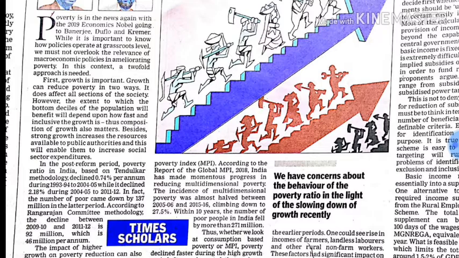In fact, the number of poor came down by 137 million in the latter period. According to Rangarajan Committee methodology, the decline between 2009-10 and 2011-12 is 92 million, which is